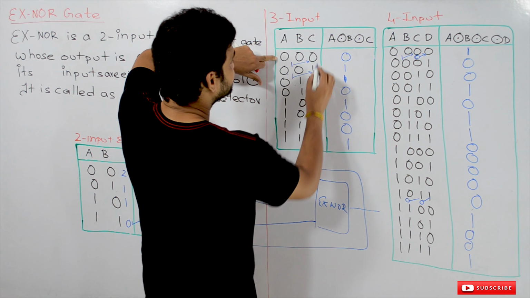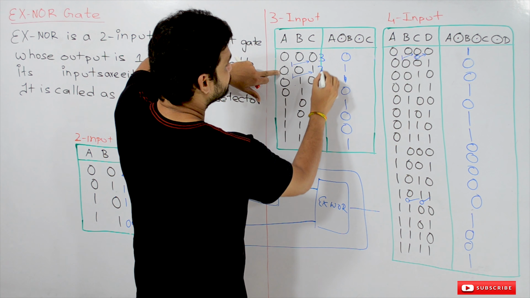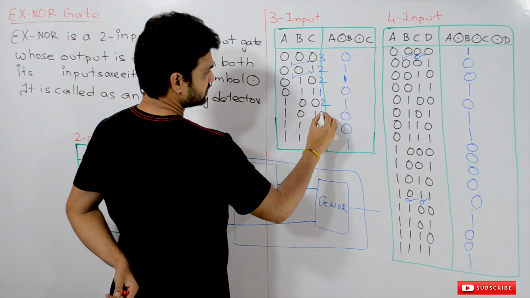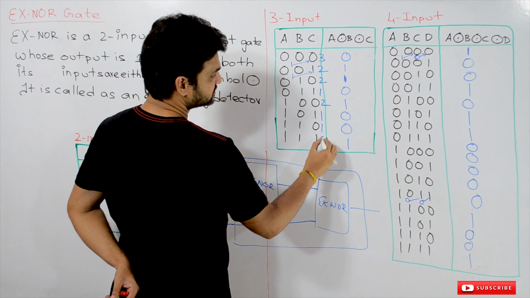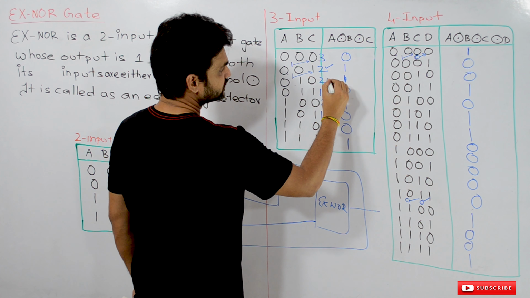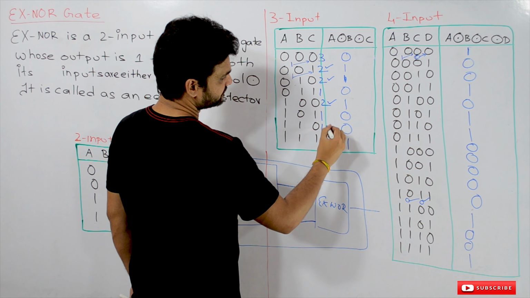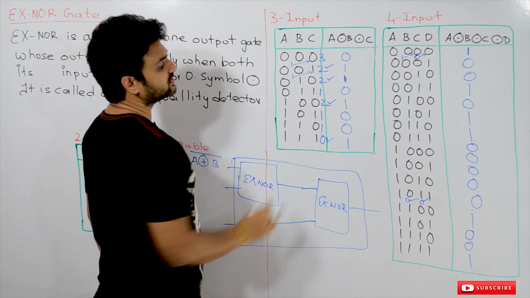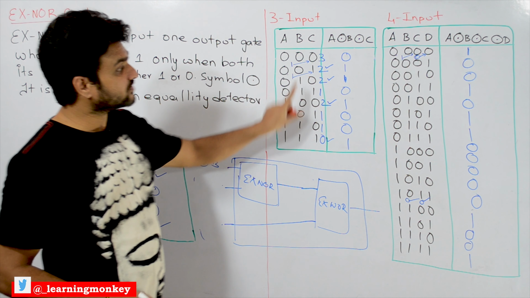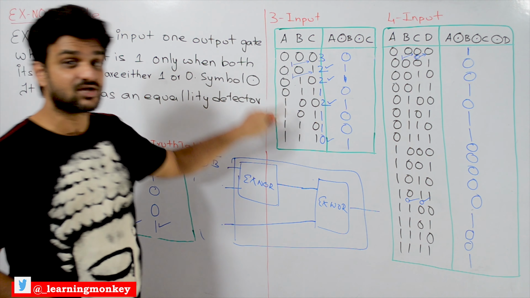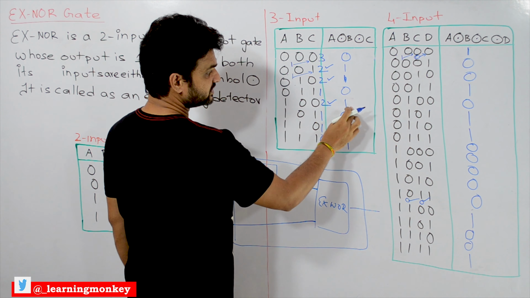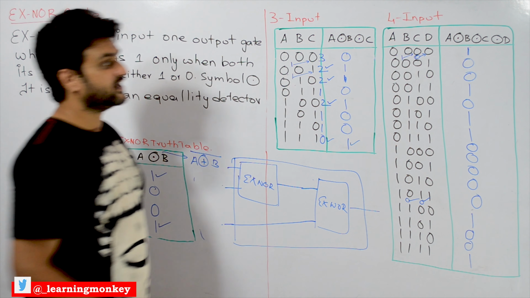For example, if you consider this, here we have 3 zeros, here we have 2 zeros, 2 zeros, 1 0, 2 zeros, 1 0, 1 0, here it is 0 zeros. So how many even numbers are there? It is 2, 1, 2, 3. These are the even number of zeros in the input. Whenever there are even number of zeros in the inputs, then only it is going to produce an output of 1. So that is the logic behind this. See here, it is producing an output of 1, and this is producing an output of 1.